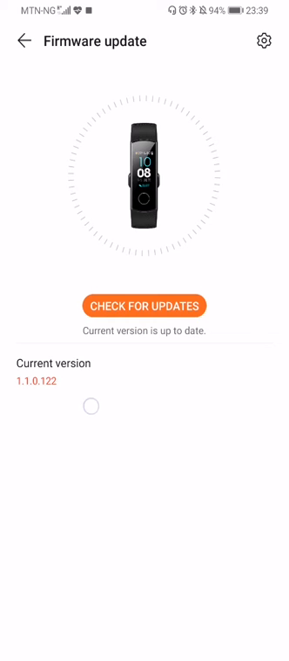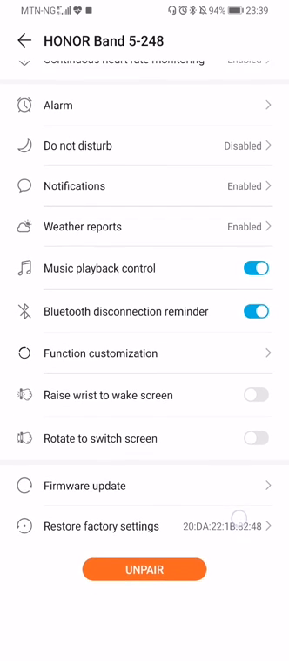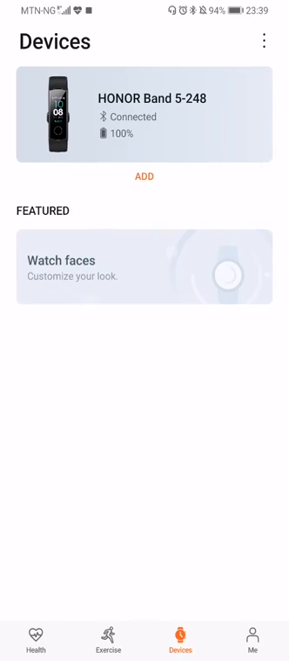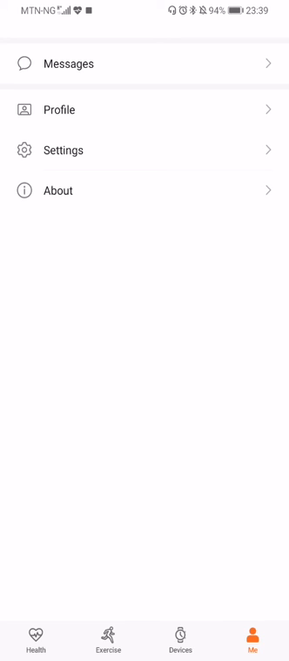The version that is installed on my phone is 1.1.0.122, so there's no update. And here you can go for factory resetting. If you tap on here, you want to go back, then you go here. This is where personal stuff is located. This is about the Huawei Health app. This is the version 10.0.2.519, and go for